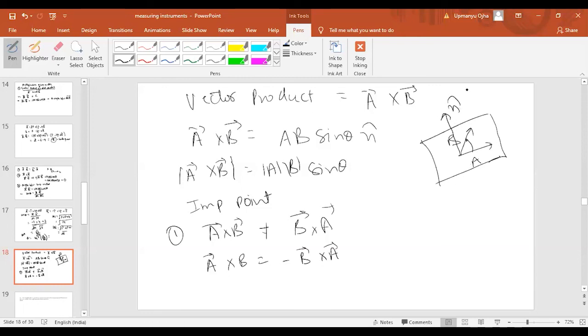So a cross b vector will be plus n cap. Now if I take the same example, same vectors, b vector here and a vector here, b cross a means we have to place the fingers at b and curl towards the a. So when we curl towards the a, the direction will be along this direction, that is minus n cap. So from here we can say that a cross b vector will be equal to minus of b cross a. Okay, fine. That is the vector product of two quantities. So in this way we are finding the vector products.